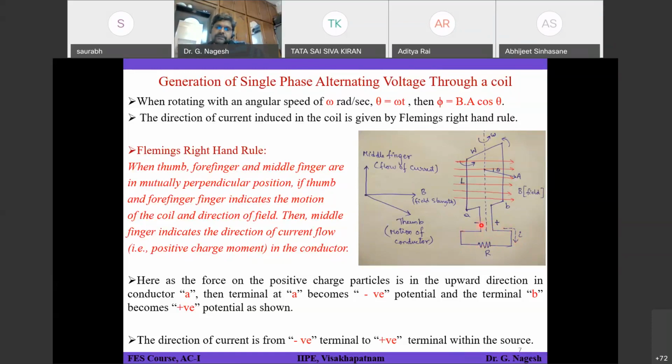If you compare with your DC circuit also, this is the same thing. But within the source, current is actually flowing from negative terminal to positive terminal, right? That is how we indicate it. Current is flowing in this fashion only, completing a loop. We are considering this part as source and giving some polarity positive and negative, and this is considered as a circuit and giving polarity positive and negative, and current flows from positive terminal to negative terminal within the circuit external to the source.